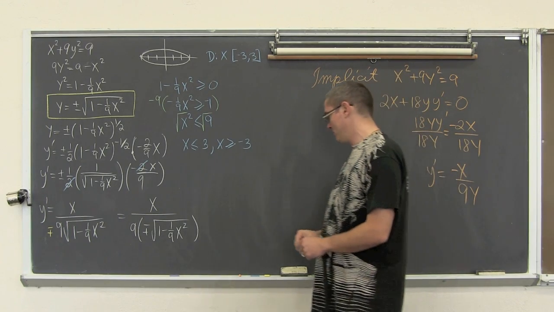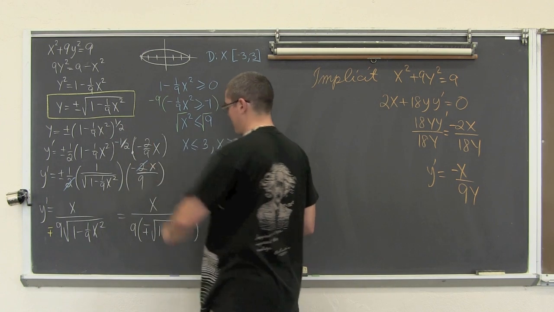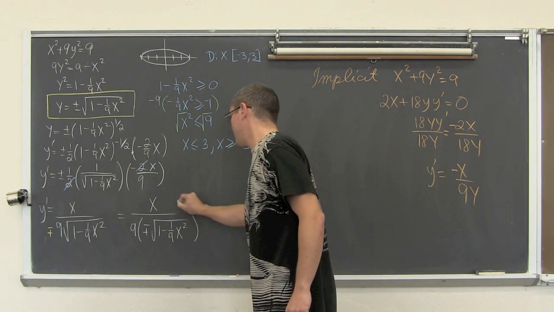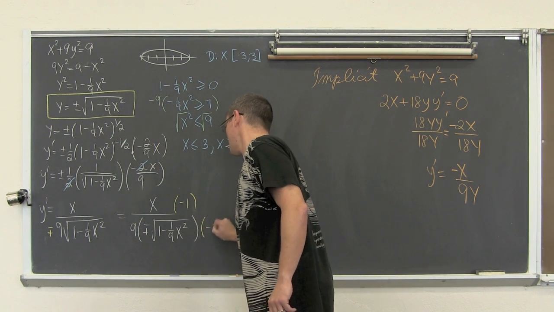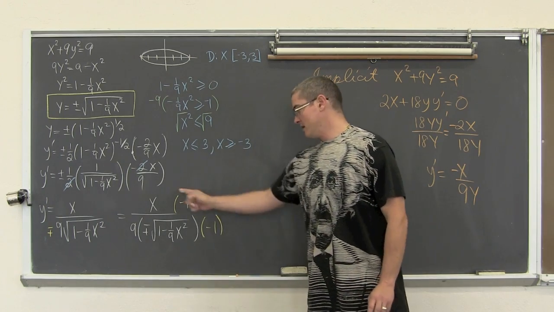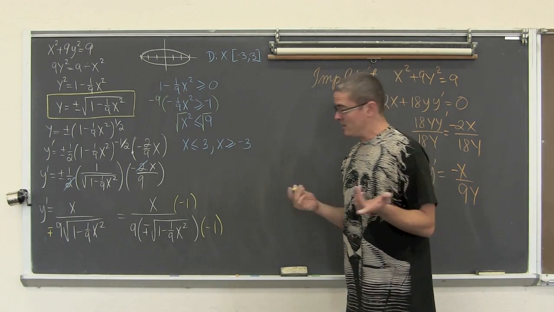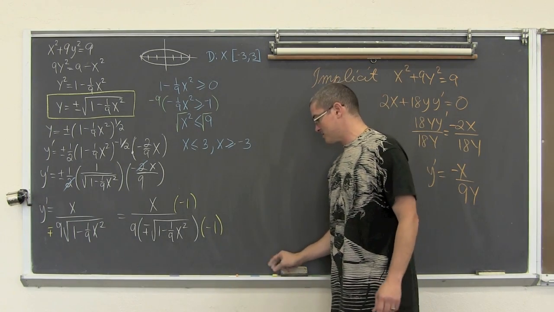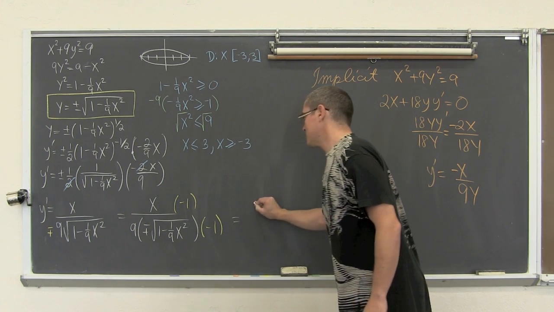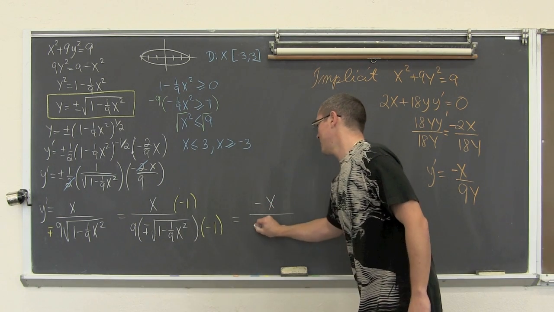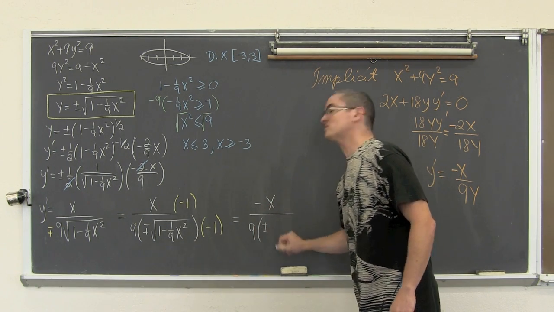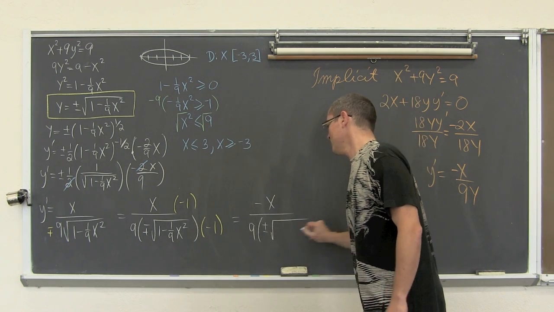So what we're going to have to do to make this substitution happen is multiply the numerator and the denominator by negative 1. Negative 1 divided by negative 1 is 1, so I'm not changing its value, I'm just changing the way it looks. So that is equal to negative x over 9 times plus minus the square root of